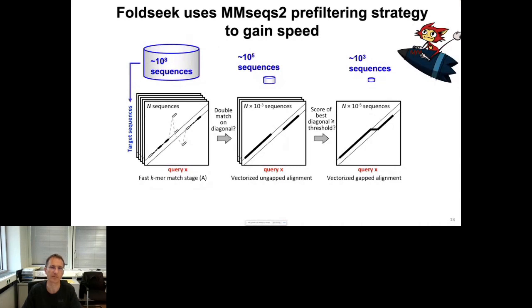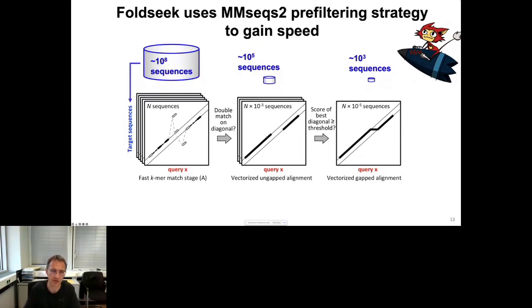So we use modules from our MMseqs2 library, which is strongly optimized for very fast comparison. MMseqs and Foldseek use 2 pre-filters that are crucial for gaining these high speeds. The first filter looks for 2 similar 6-mers in the same diagonal. So this is what is shown here in black. And only those targets that have 2 similar 6-mers will get looked at in the